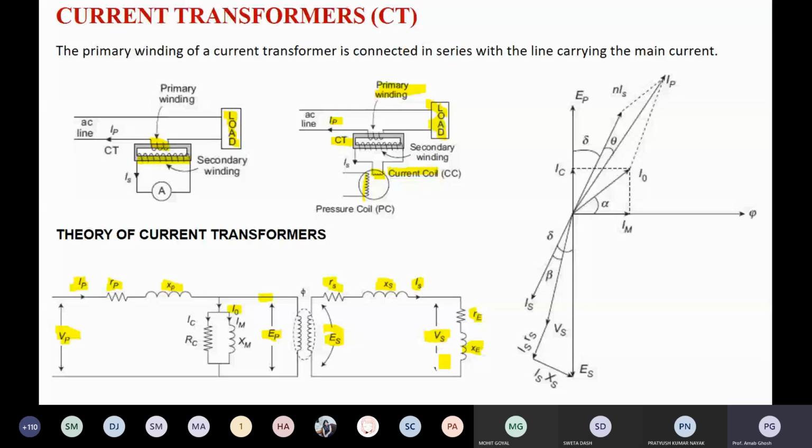So why is it called an equivalent circuit? Because you know that there is magnetic coupling between the primary side and the secondary side. There is some induction from the primary side flux to the secondary side flux. That's why the magnetic coupling is there. Due to magnetic coupling, it is not connected electrically. From this diagram you can also observe that the primary side and the secondary side are not connected directly. So it is connected through what? Through the magnetic path.